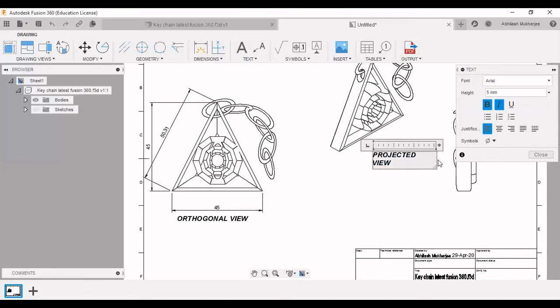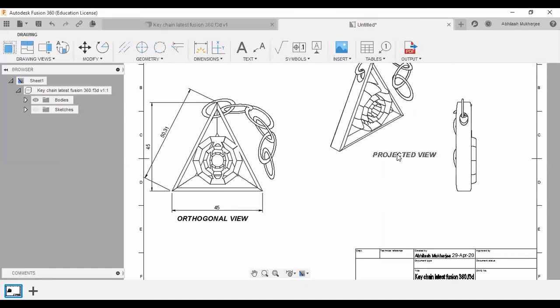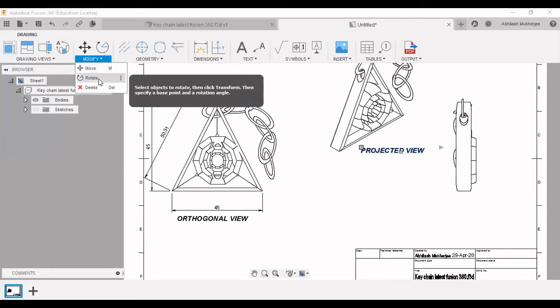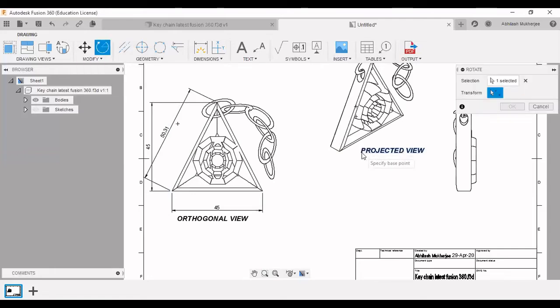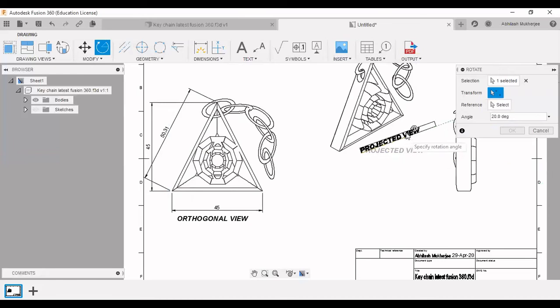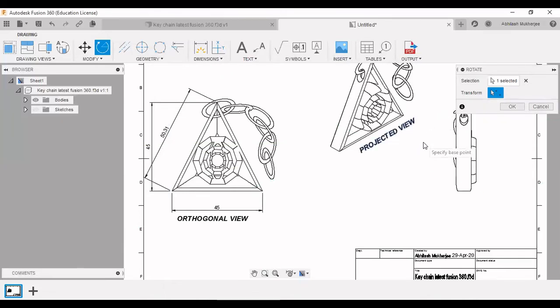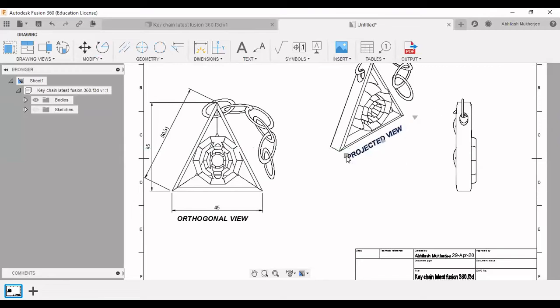To make it in one line, you increase the length of this line. Then what we can do is we can select it and paste it here, and then we need to rotate it, right? So in order to rotate, we click here, we select the base point about which we want to rotate, and then we can move it in alignment with that line which we want. Let's say we select it like this and press enter here. We can shift it here in accordance with our need.